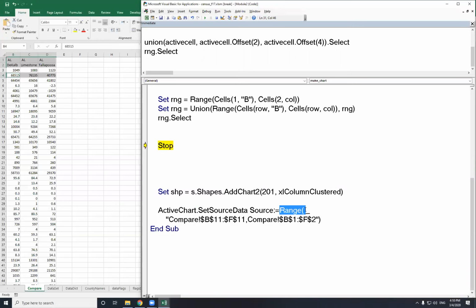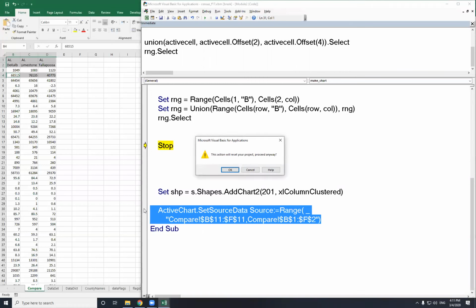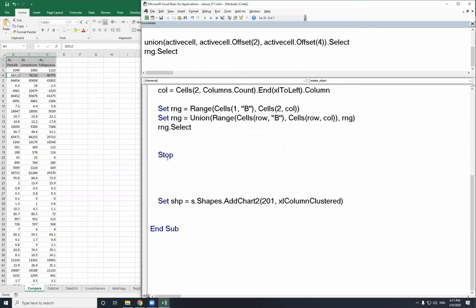And we're making it a range, and we've got now a string that does this kind of whole long range thing. Ooh. It turns out, as often the case, the macro recorder records excess stuff. We don't need this one. I'll reset, that's fine, reset my code. I'll get rid of stop, and I should be